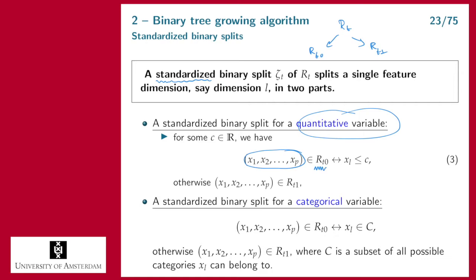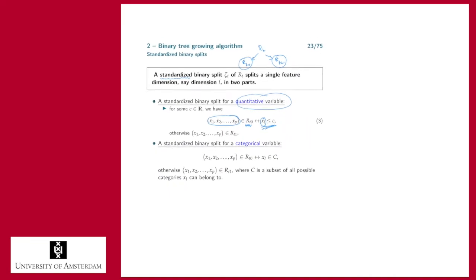It's only when we have one variable XL. So we have P predictor variables in total, but we only consider one dimension, and we say as long as XL is smaller than C, we are in RT0, and otherwise we are in RT1. So it means that we have P feature variables, but in order to split RT, we only look at one variable. For example,